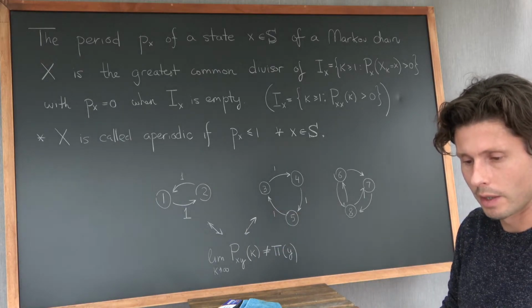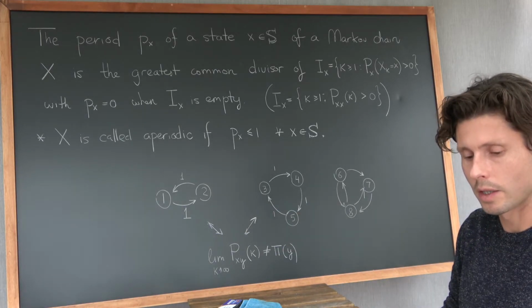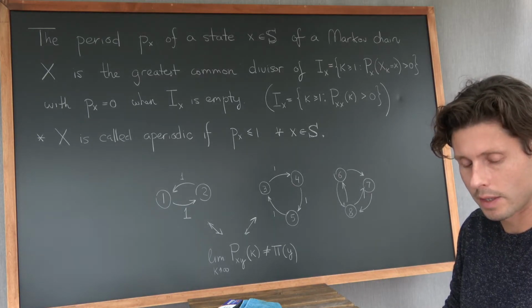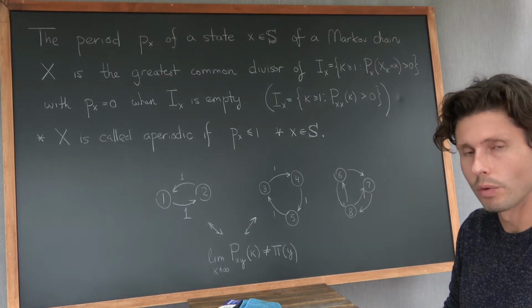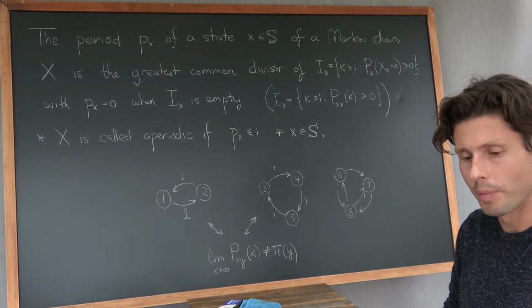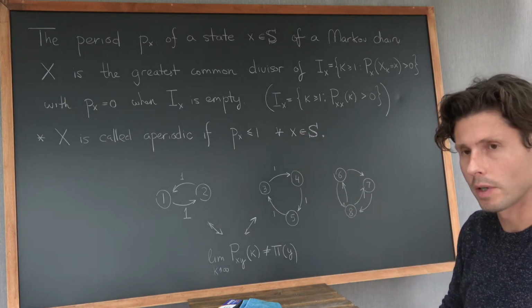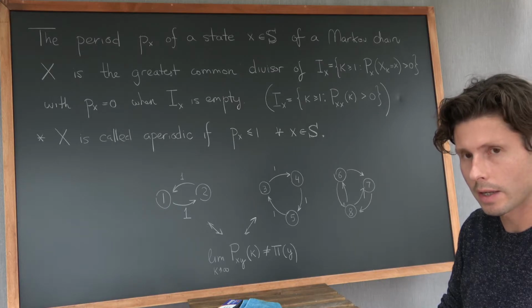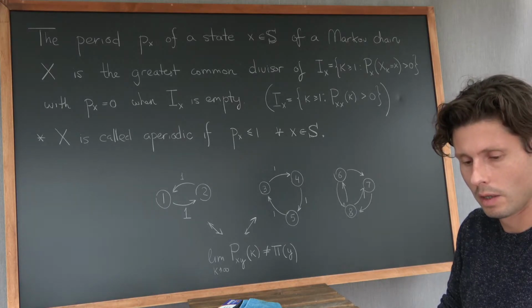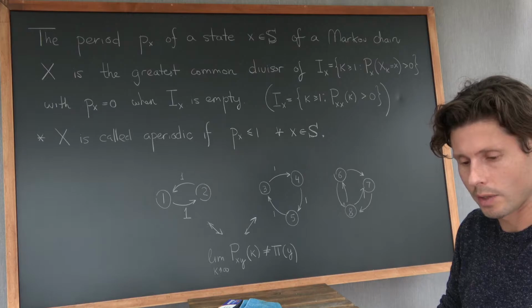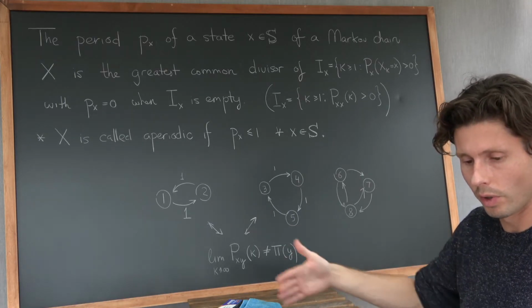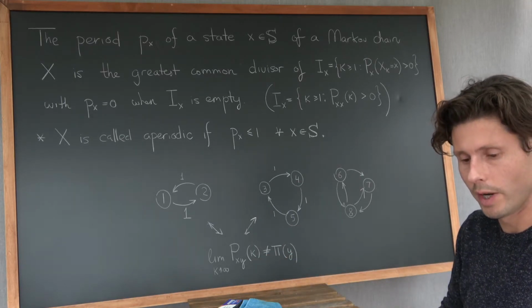So in the set for, let's say, x equals 1, you will see the numbers 2, 4, 6, 8, 10, and so on. Multiples of 2. In fact, multiples of the period. So the greatest common divisor is the largest number dividing every single one of the numbers in the set without a remainder. What's the greatest number dividing the set of essentially all even numbers, 2, 4, 6, 8? What's the largest one that divides all of them without a remainder?